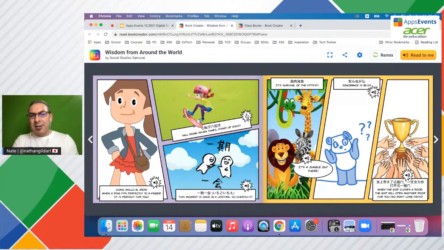Basically, we had the students in different languages take a proverb or something that they can learn, and they put it in Book Creator. We recorded their audio, they took a picture, and we created this book for elementary kids with proverbs and wisdom from all around the world.